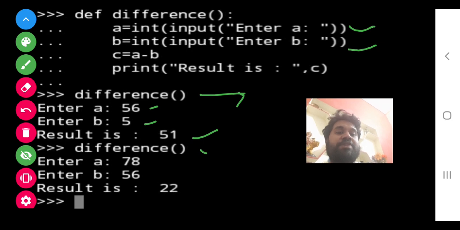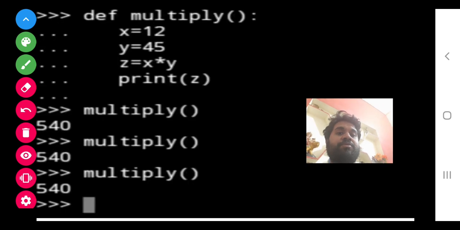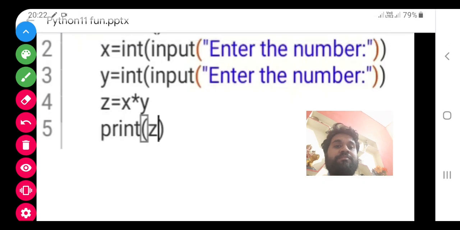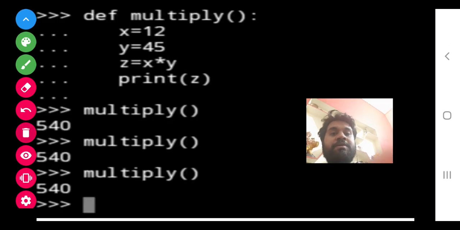In the same way, when you write it again, you can enter different values. As in the previous program that I made, I have given direct initialization, that's why the same answer comes again and again.